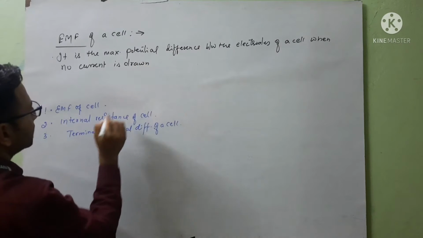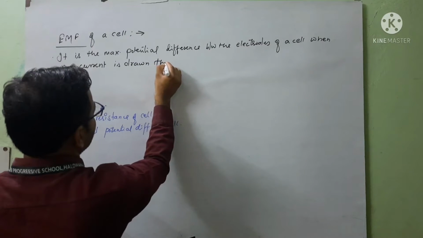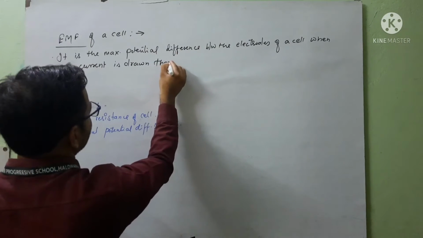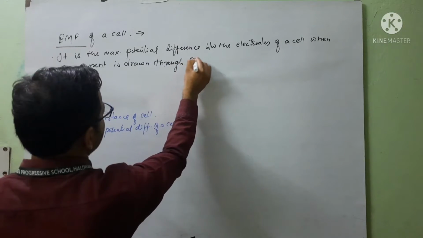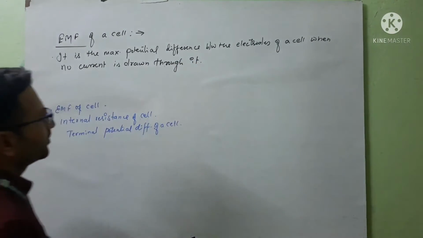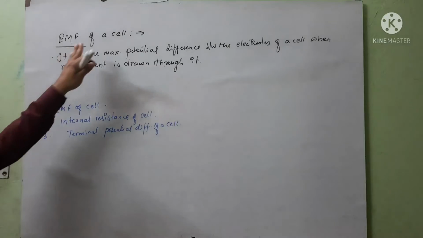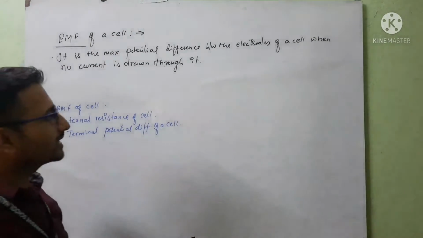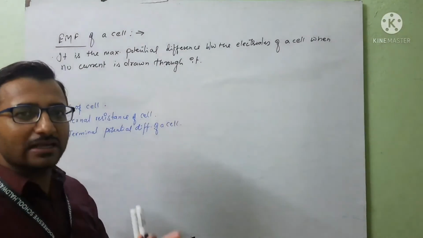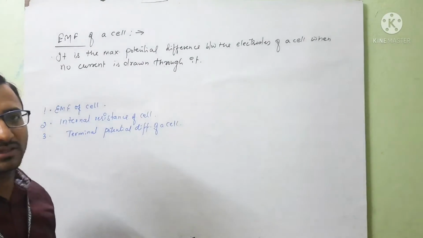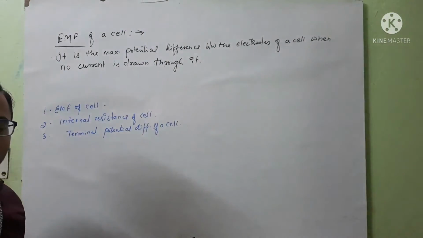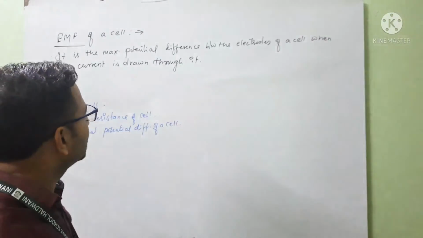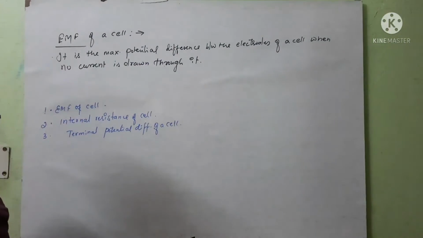Got it? It means when the cell is not in use, or you can say when the cell is connected in an open circuit, the maximum potential difference between its electrodes is called its EMF,